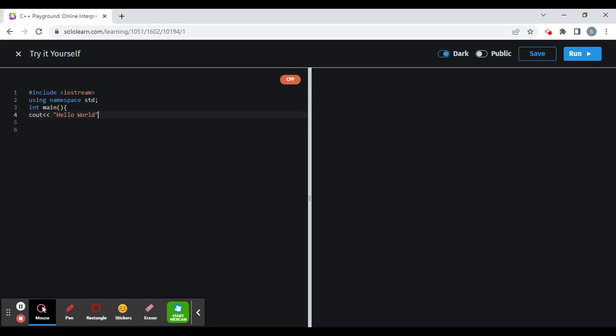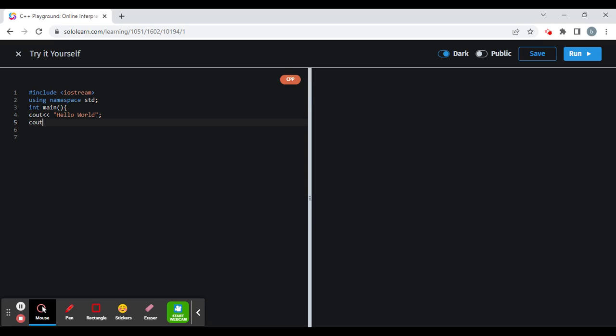Hello world is for some reason the standard first program. I don't know who came up with it, but that's what they usually do. And then close it with the semicolon there.